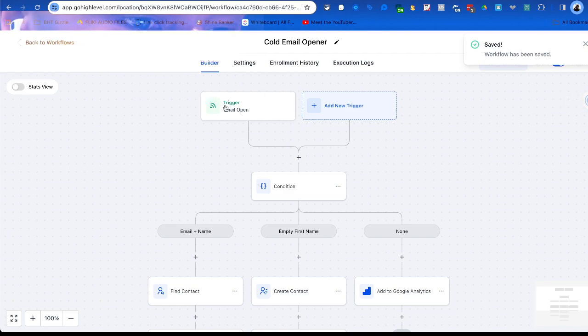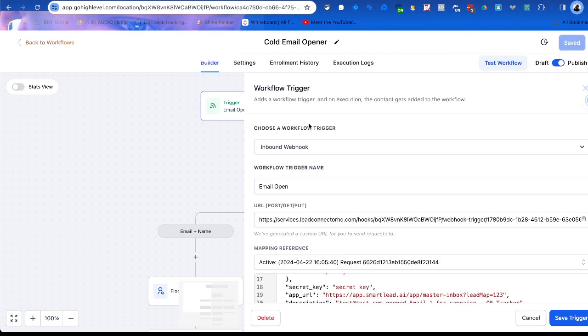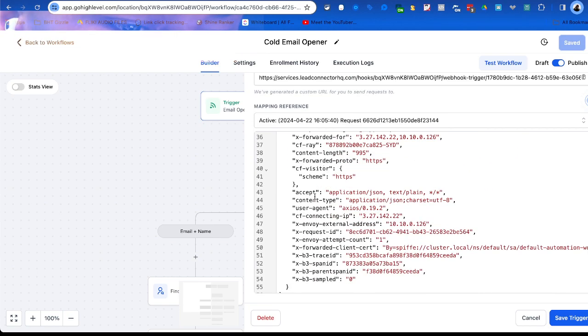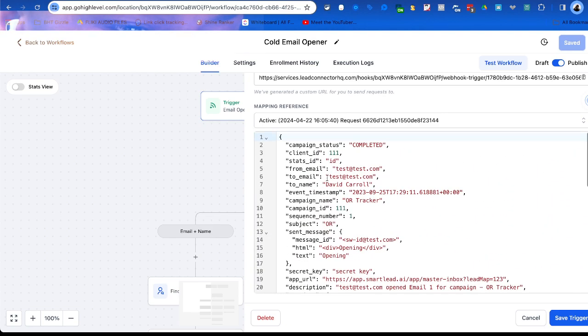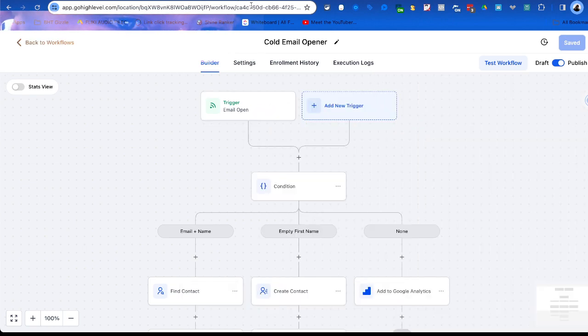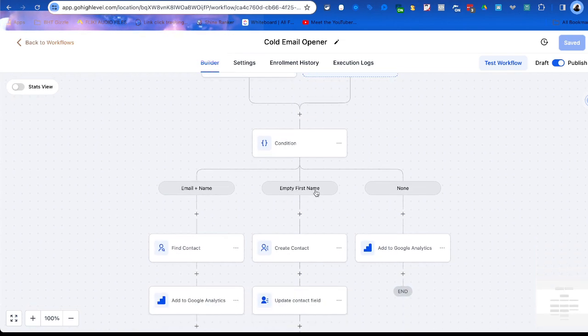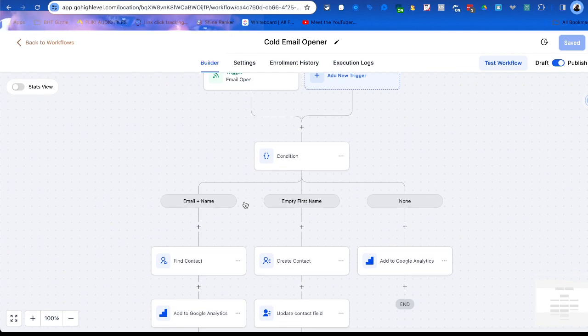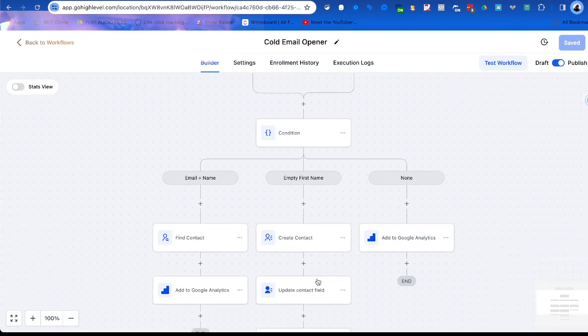We've got the trigger here. So if I click into it, you can see everything that comes in with the trigger, webhook ID, some other metadata about that person. So you got their name, their email, et cetera. So if they open an email, I want to be able to see that. And then based on the condition of the input parameters that I just showed you, I'll be able to know if they have a name and email, no name, just an email,